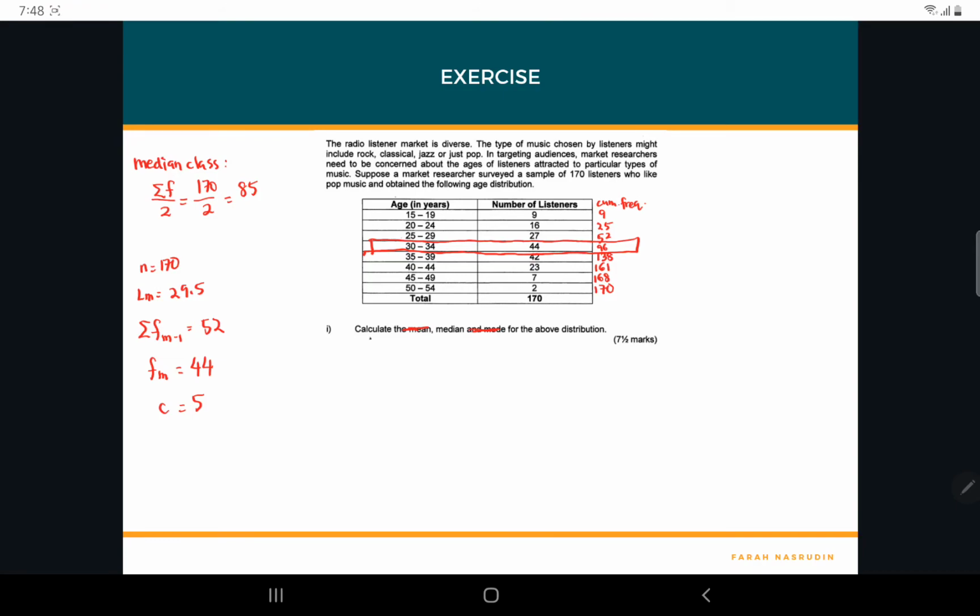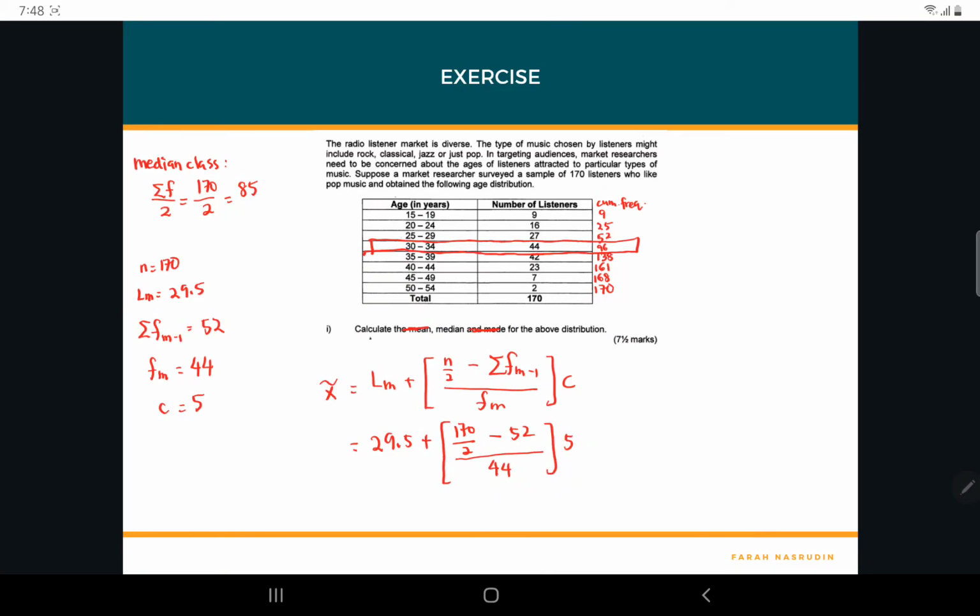Okay, so masuk dalam formula lah, the median equal to LM plus n divided by 2 minus Fm minus 1 by Fm times C. So our LM is 29.5 plus our n is 170 divided by 2 minus 52 divided by 44, and